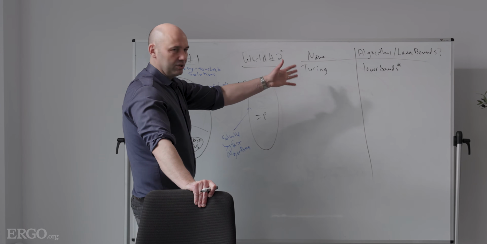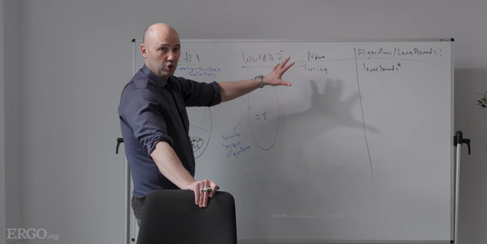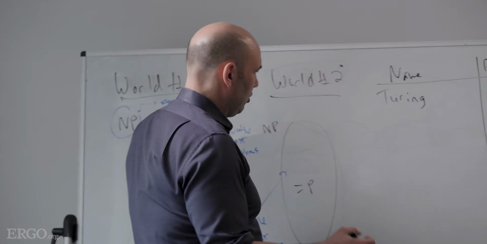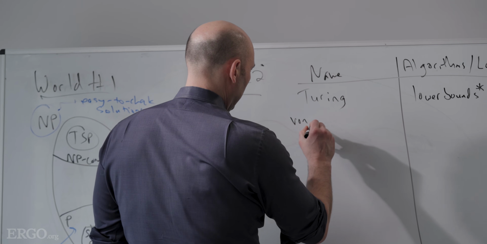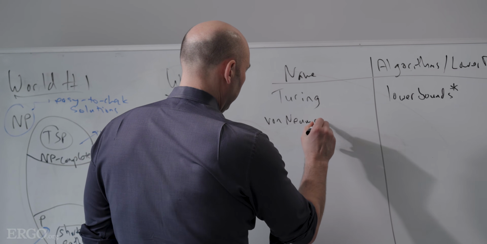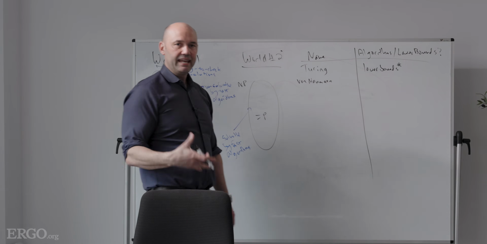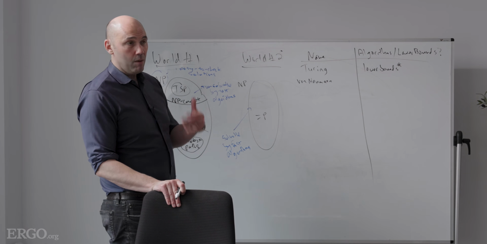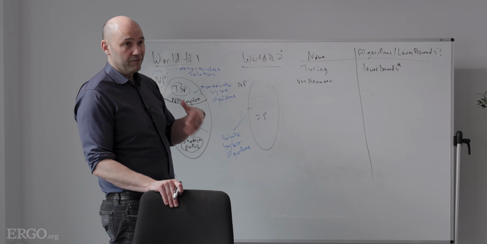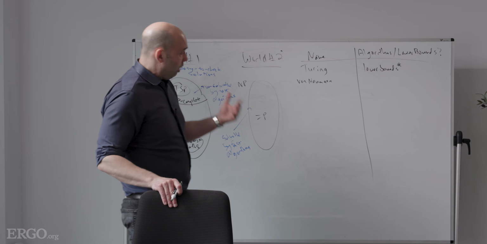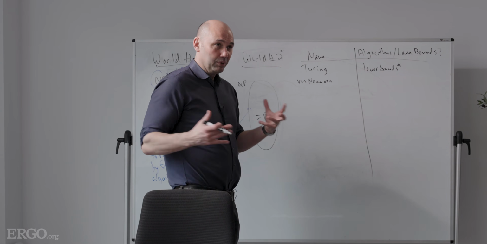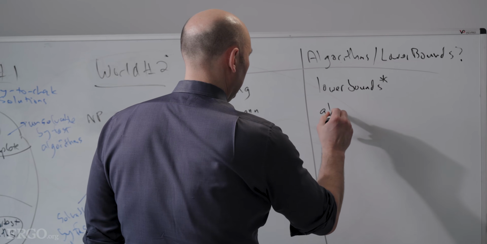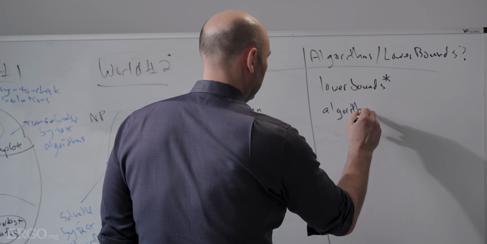I guess we talked about Church at the same time. Church was really sort of a pure logician, so I'm just going to leave him off the list. We talked about von Neumann a couple times. All right, so for example, in the late 40s, working on projects like the EDVAC and the ENIAC to sort of realize general purpose computers. Again, very, very difficult to classify. For our purposes today, von Neumann has a number of amazing results in pure mathematics. For our story, it's primarily on the let's build computers and make them work, kind of the engineering mindset. So let me again here put sort of algorithms with an asterisk.